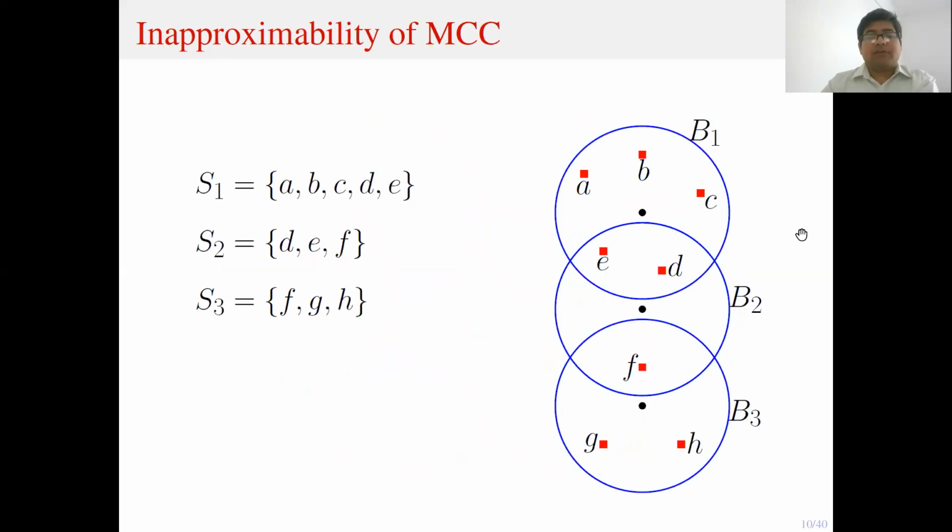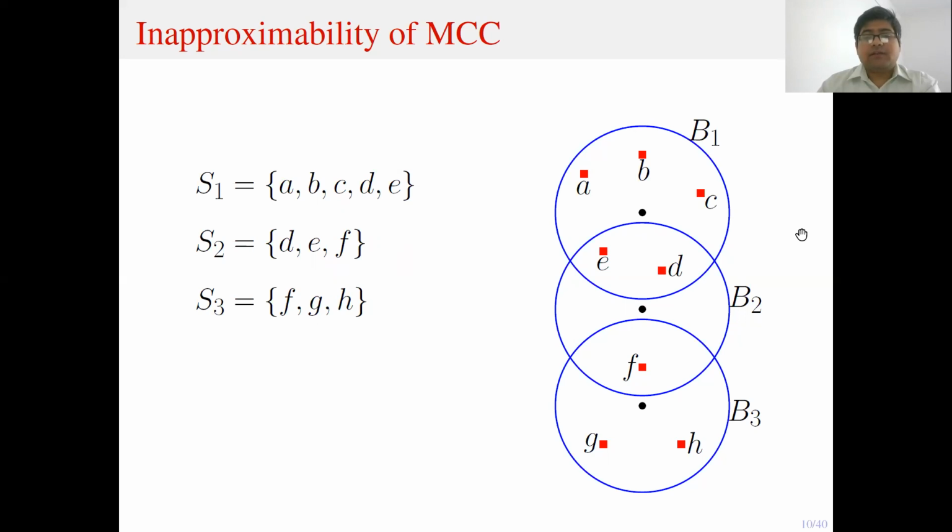Okay, now the question is how hard is it to approximate MCC? And the answer is it is as hard as set cover, and one can find a very straightforward reduction from set cover to this problem. Basically, for each set we take a ball, for each element we take a point, and if an element is contained in a set, then we set the distance between the center of the corresponding ball and the corresponding point to be exactly 1. So all the balls here are unit balls,